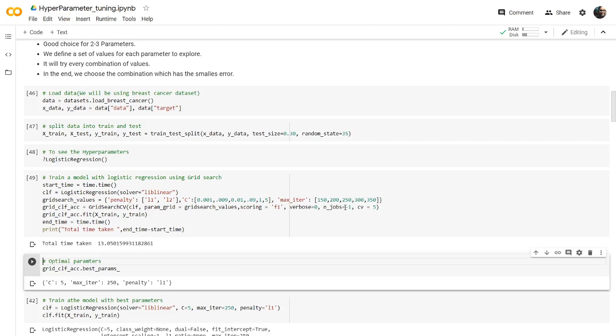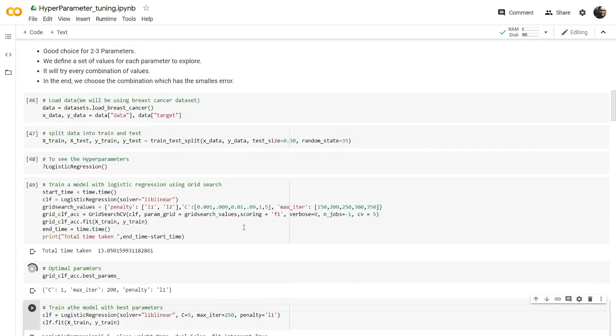If you give more, it will divide the data set into more chunks. Let's take an example, CV as 10: your data set will be divided into 10 parts, and it will be cross validated on that, and finally we'll be testing with the best parameters at the end. So let's see, it took around 13 seconds to train the algorithm, to try these multiple combinations. So let's see what are the best parameters here.